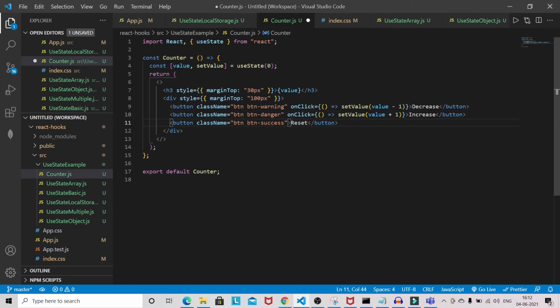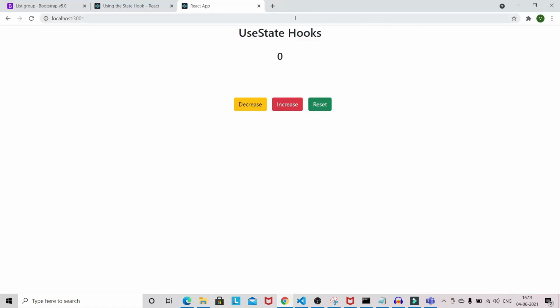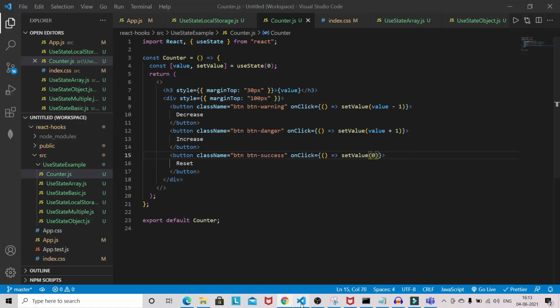And for reset, I will just set value to 0. So this is a very basic counter application. Let's reload: increase, decrease, increase, reset.